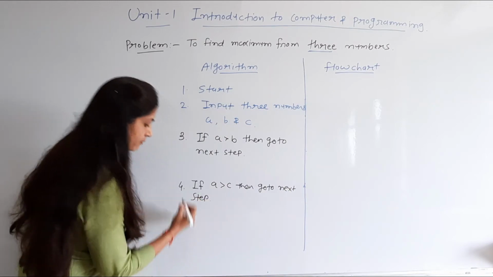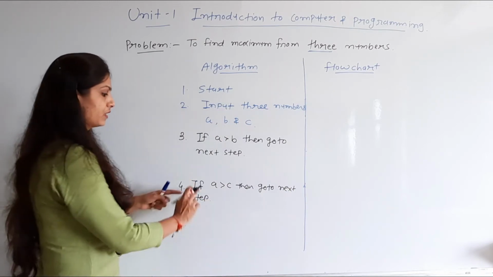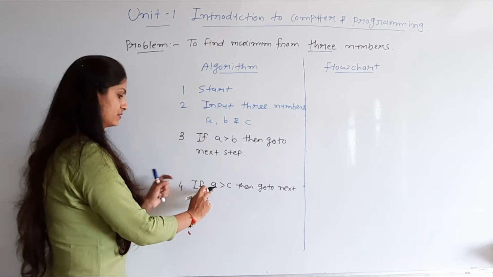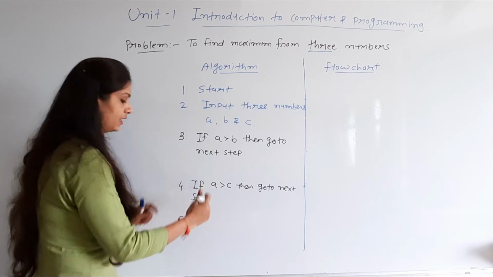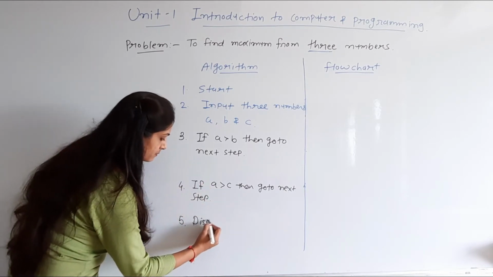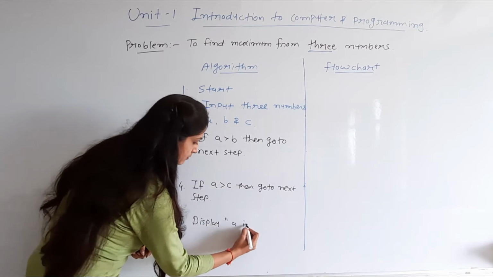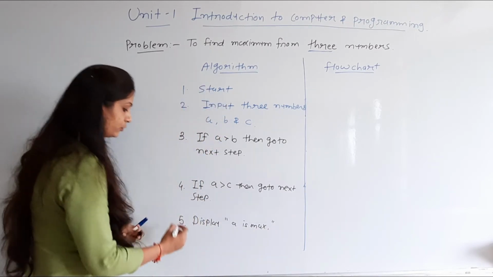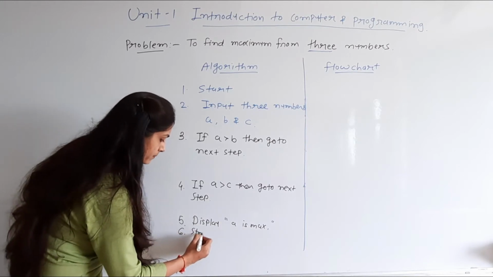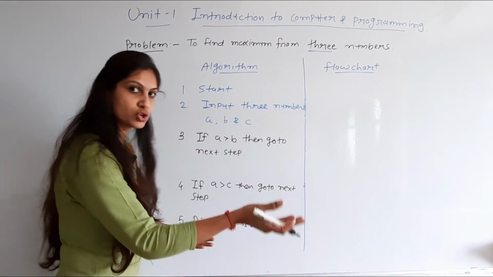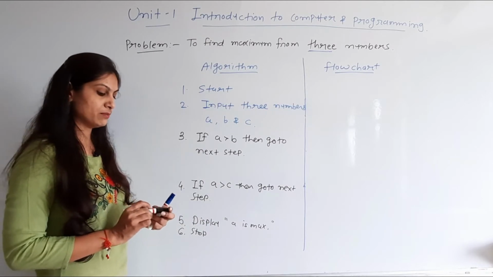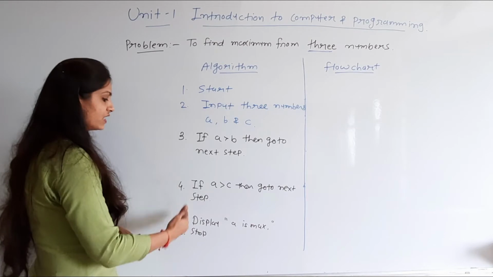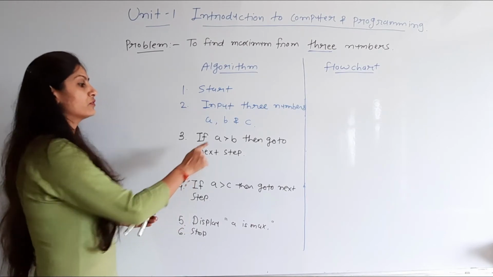Next step, again I am writing here the fifth number. Now it is true, yes. Again true, yes. That indicates the answer is A, and we have to write display A is max. Clear? Now you can write here also the stop, or go to stop. There are two different possibilities. Now here I change to another method. Now the first part is completed, the true part for A.